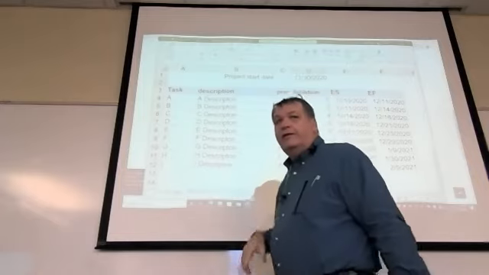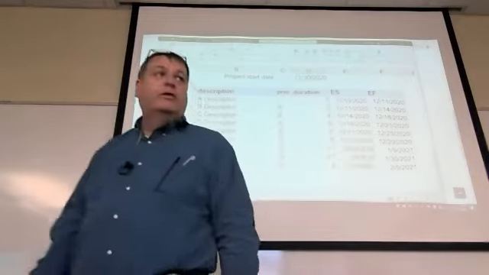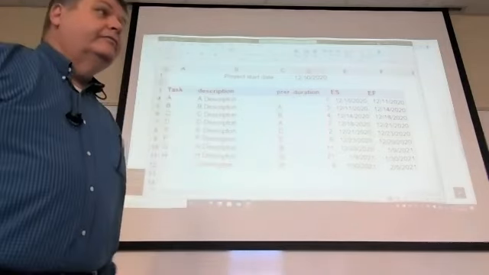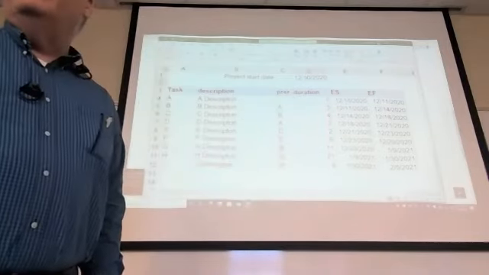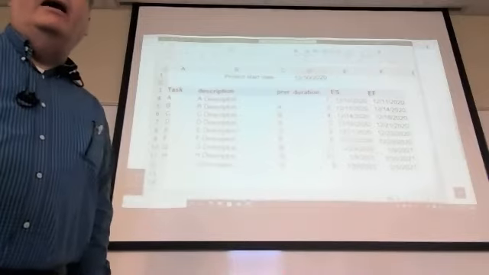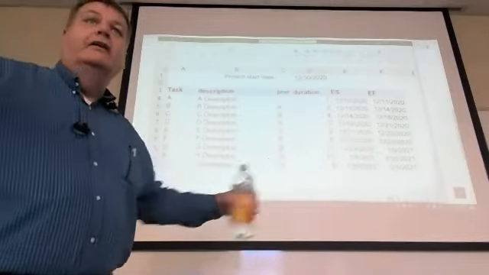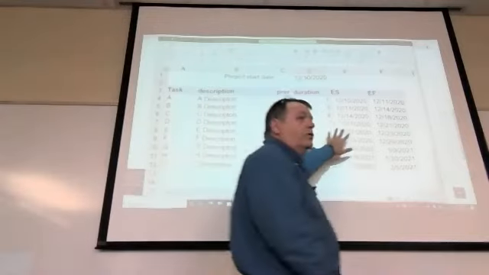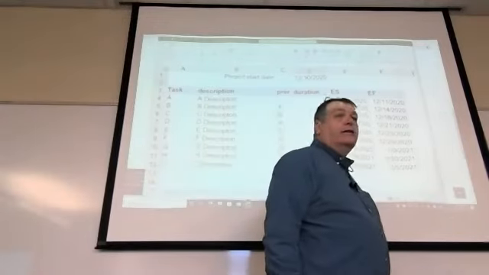So what do you have to calculate first in order to know what the duration time is? Critical path. That's why I've got you doing critical path now on this much larger project. You've got to know that in order to come up with the actual how long this is going to take.